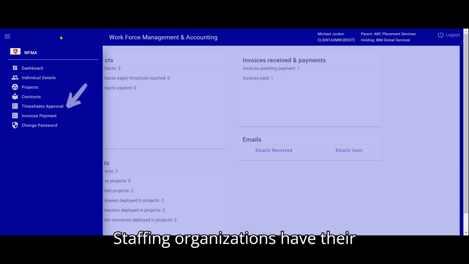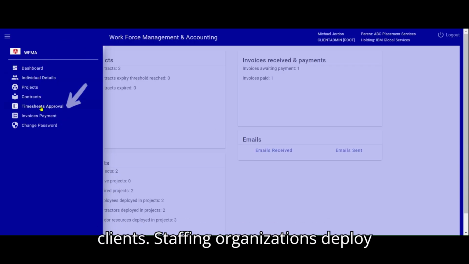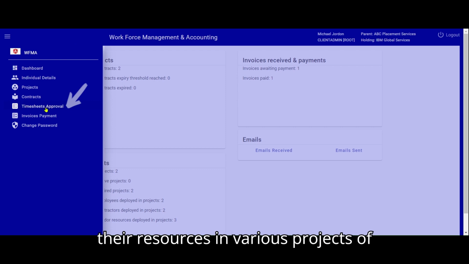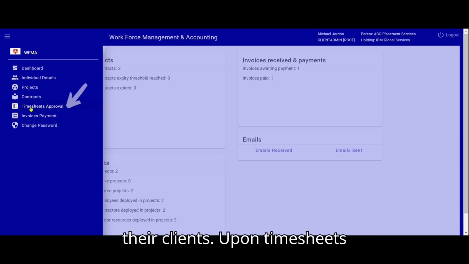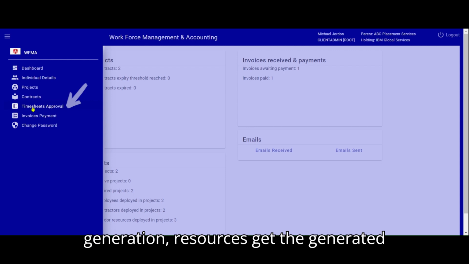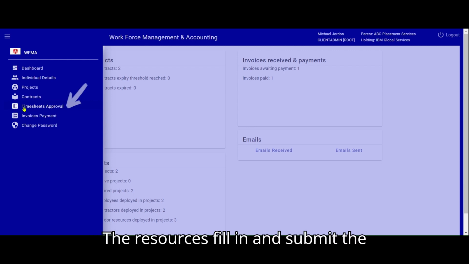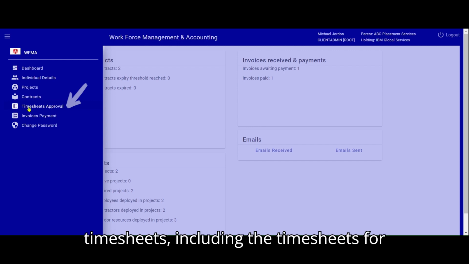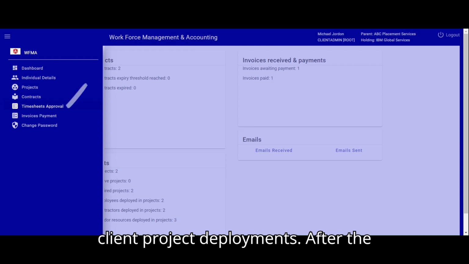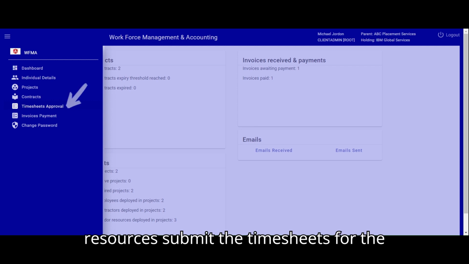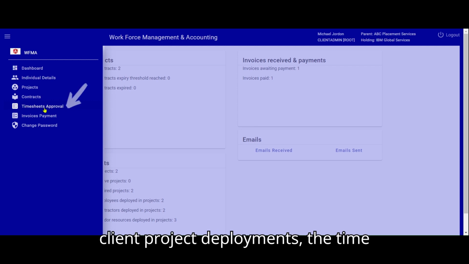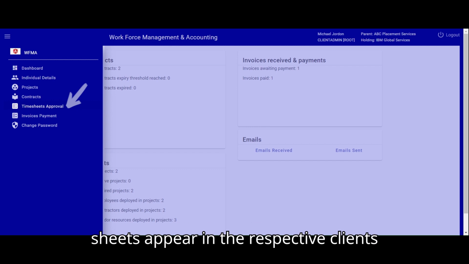Staffing organizations have their clients. Staffing organizations deploy their resources in various projects of their clients. Upon timesheets generation, resources get the generated timesheets in their respective portals. The resources fill in and submit the timesheets, including the timesheets for client project deployments. After the resources submit the timesheets for the client project deployments, the timesheets appear in the respective client's portal for